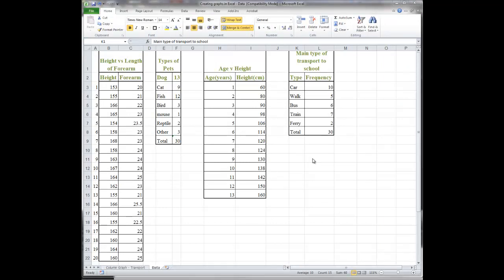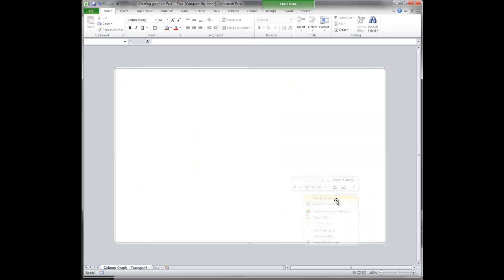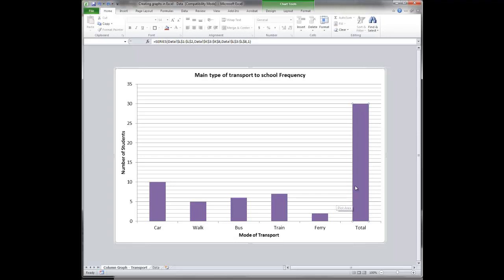Okay, back on our data page, I'm now going to show you a pretty cool graph, a picture graph. So let's use types of pets just to make it a bit fun. So I don't actually want to include the total. Alright, now actually I shouldn't have included it on my column graph either, I didn't think about that. So really I didn't want this extra one at the end here. So if I don't want that, I think I can delete it. Oh, okay, maybe not. Remember, Control Z will undo. So if I don't want that,